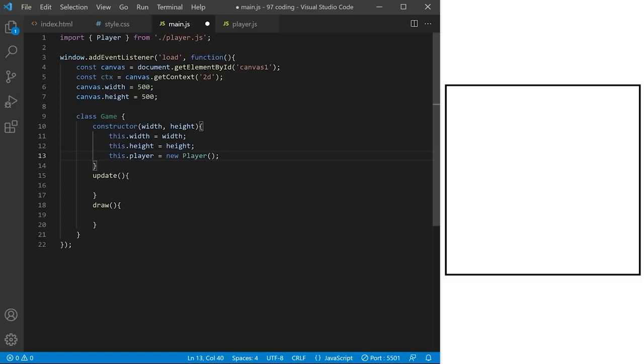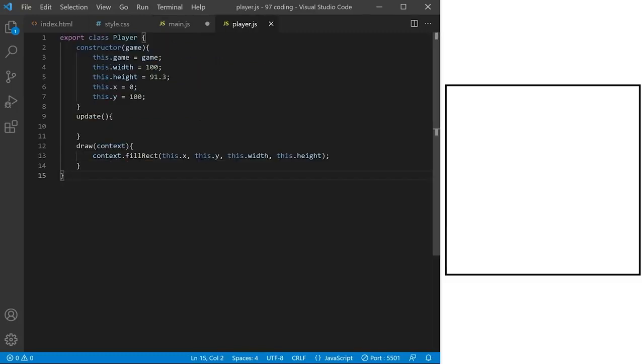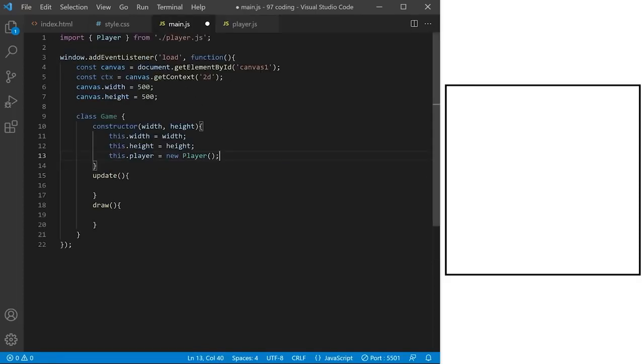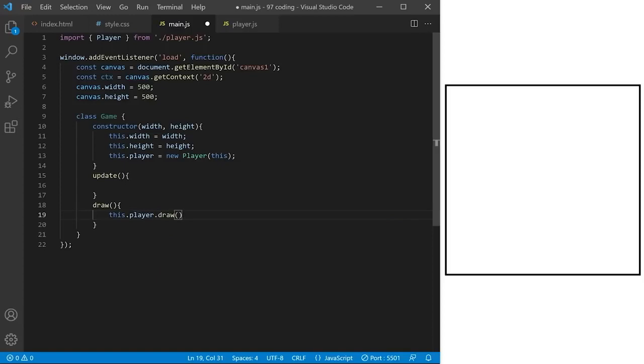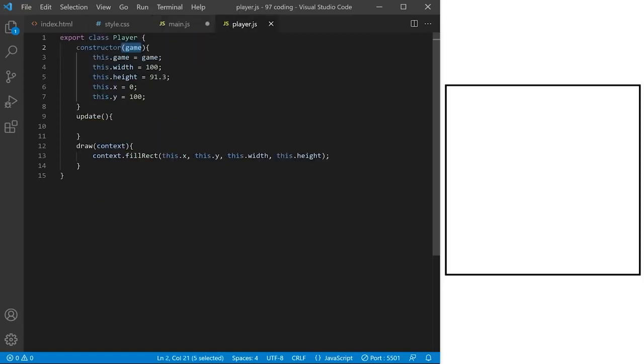This.player property on game class will be new player like this. Inside player.js on line 2, I can see that player class expects game as an argument. So here, since we are inside that game class, I will pass it this. Inside game class, this keyword means this game object. Now that we have access to the player object from within game class, here inside draw method, I can take this.player from line 13 and I call its draw method. We declare that draw method here on line 12 inside player.js, and I can see it expects context as an